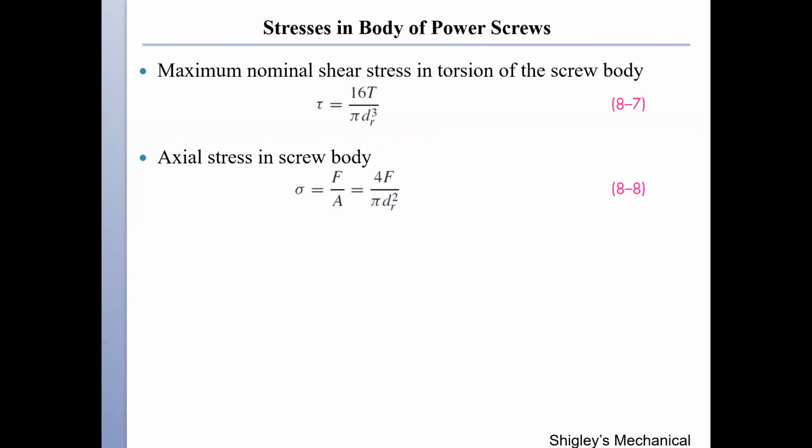Also within the body of the power screw, there is a torque that is applied. So there is an internal torque that is going to develop a torsional shear stress, tau, equal to 16T divided by pi d cubed, and we're still using the minor diameter. And to keep this in context,